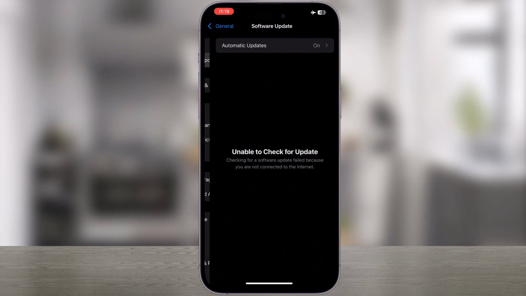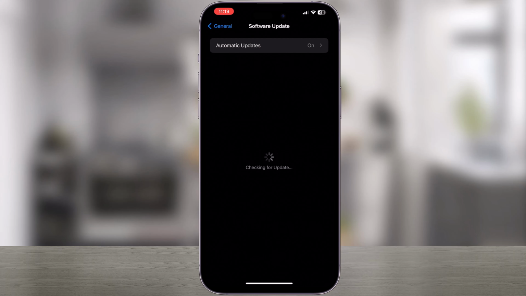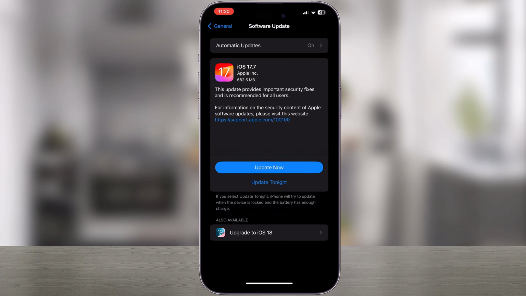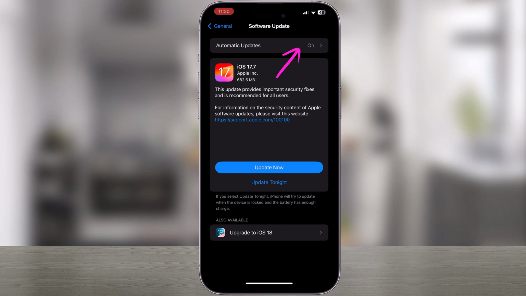Once the iOS update has been deleted, if you return back to the Software Update section, you will find it can be downloaded and installed again at any time. If you're stopping an iOS update to avoid an update for some reason, and you have automatic iOS updates enabled, then you might want to turn that off, otherwise, the update will download and install again, on its own in the middle of the night, if the iPhone or iPad is plugged in and on